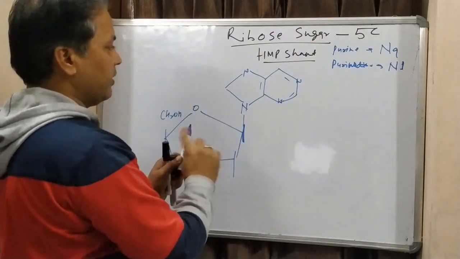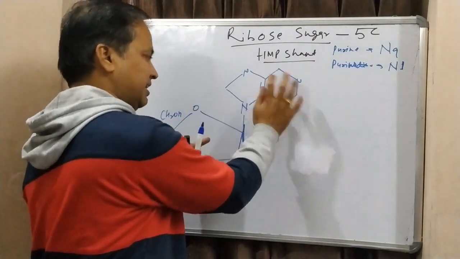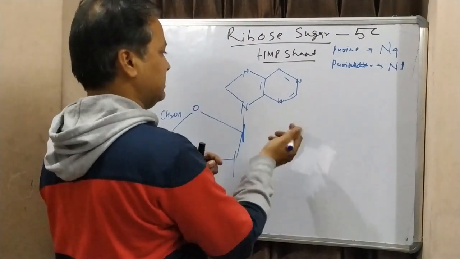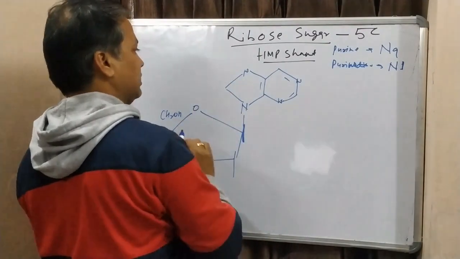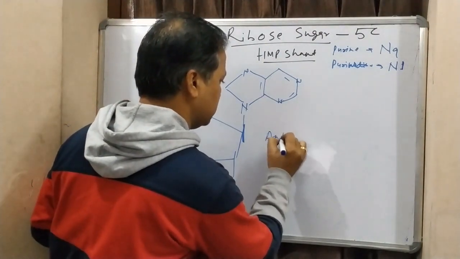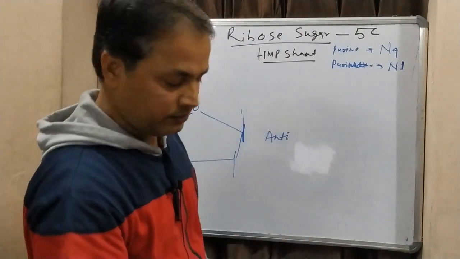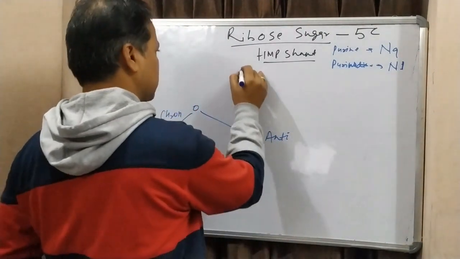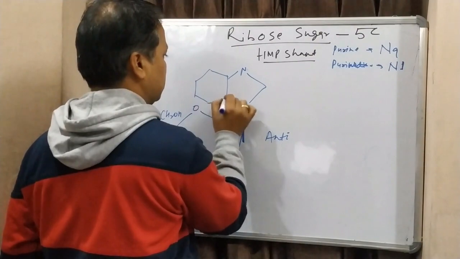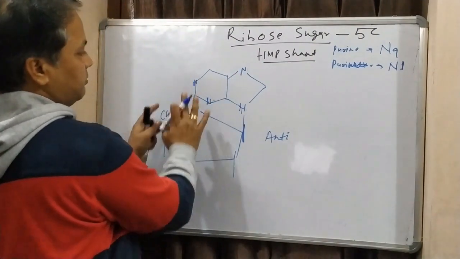This is not over the sugar, so this is called anti, where the ring will not be just above the sugar. That is called the anti structure. If it will exist in such a manner where this will be present here, just remember this is the anti structure. The second structure we are calling syn, where the ring is just above the sugar, so this is called